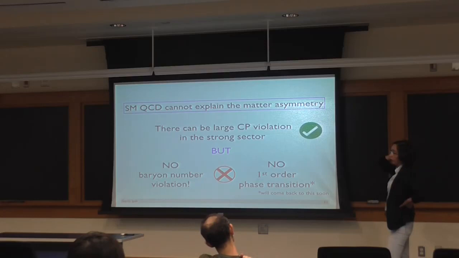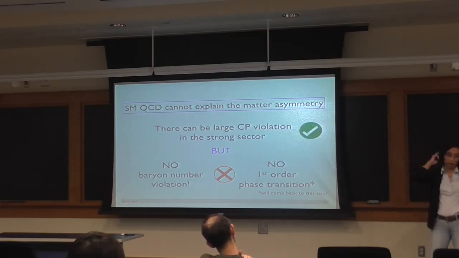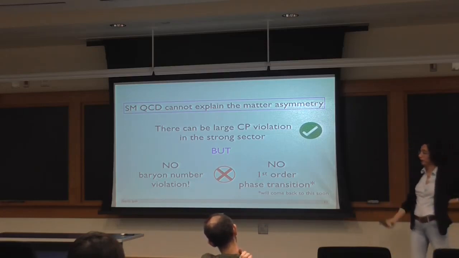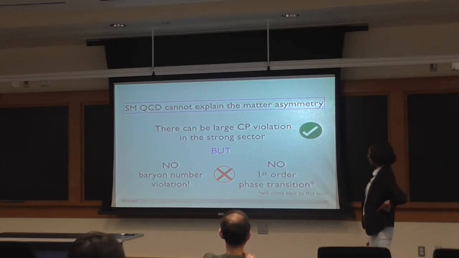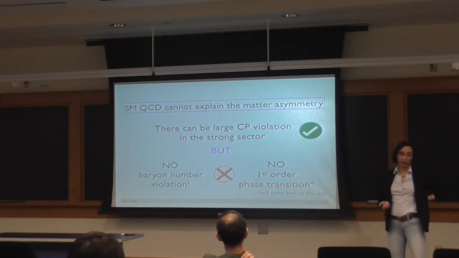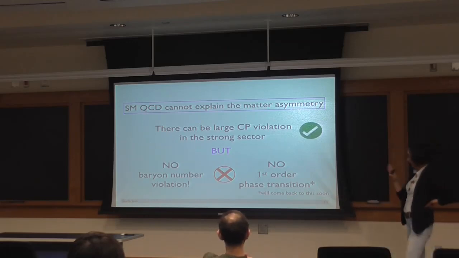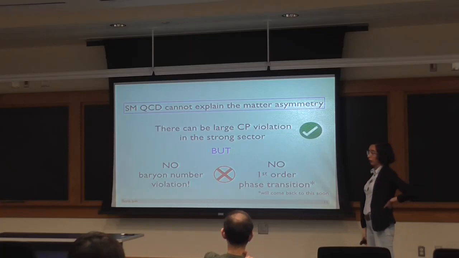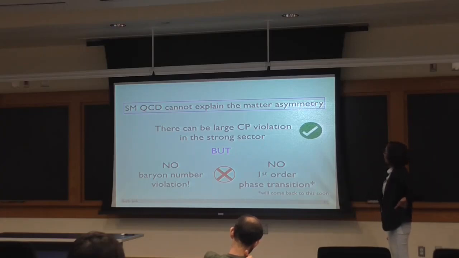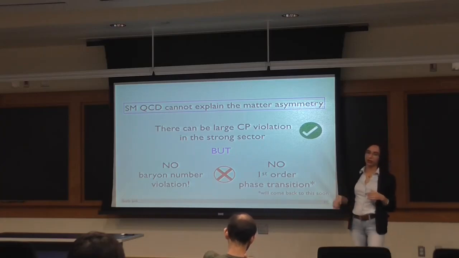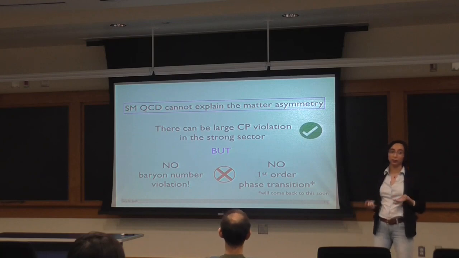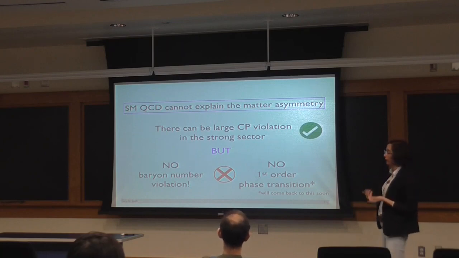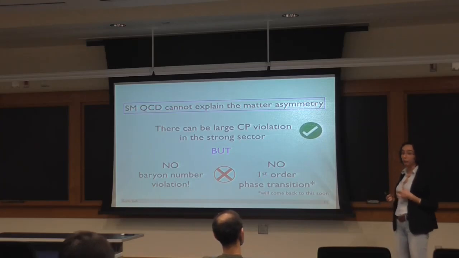However, the strong interactions do not violate baryon number. They couple to both left and right-handed quarks. And there's also no out of equilibrium process in the strong sector. So the other two conditions of the Sakharov conditions are not satisfied. But we will come back to the phase transition in a bit. So this is the reason why strong interactions are not expected to be involved in generating the baryon asymmetry of the